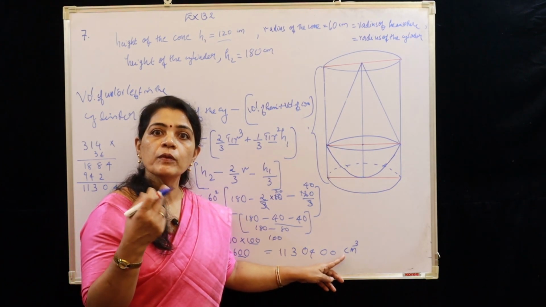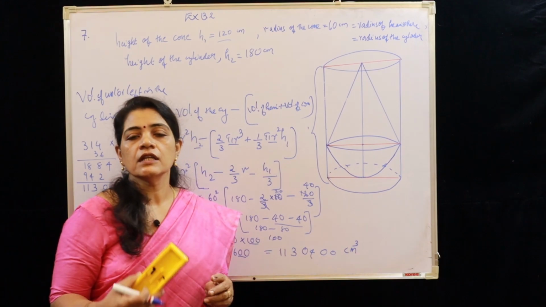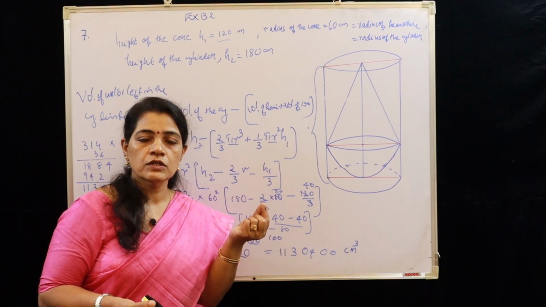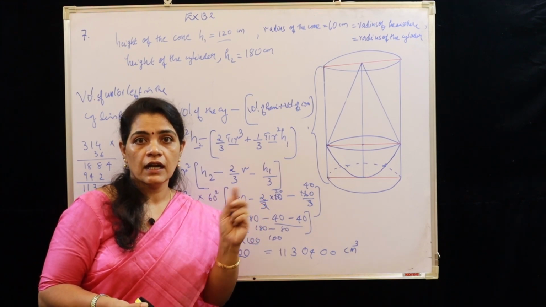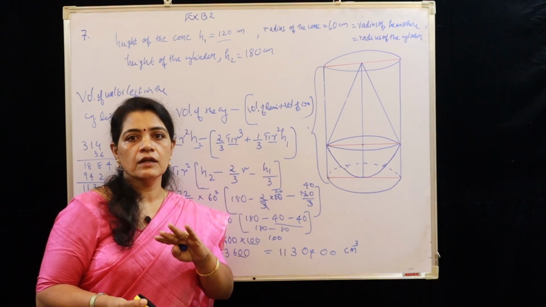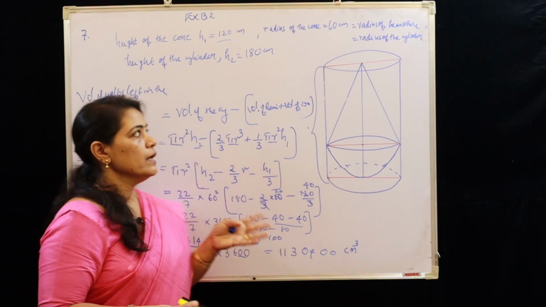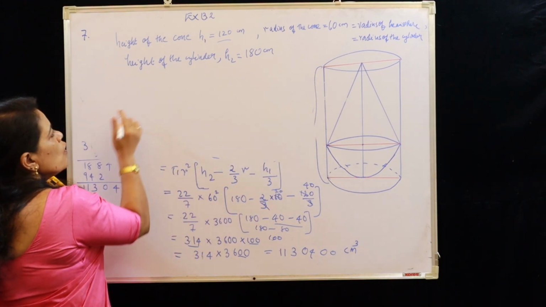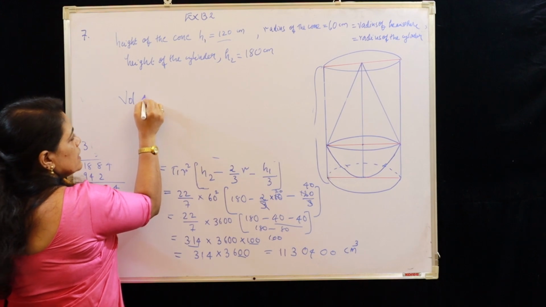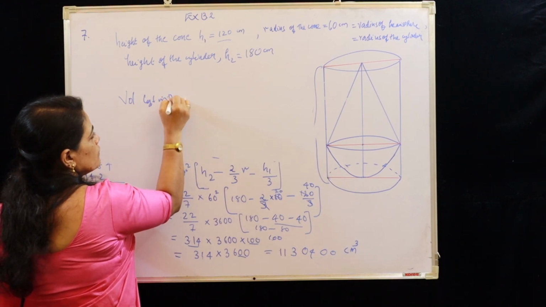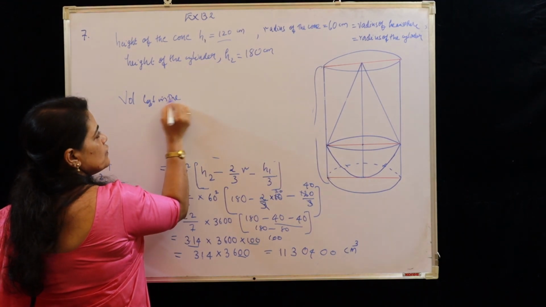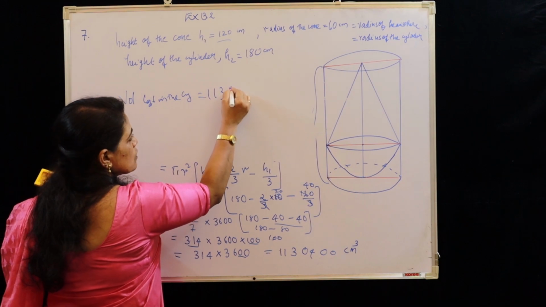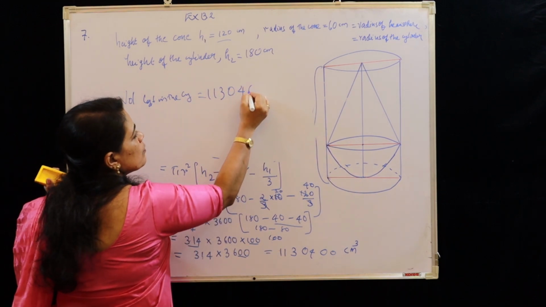Okay, centimeter cube into meter cube. That means centimeter into meter, that is smaller unit into bigger unit. I already told in the previous problem, we have to divide for conversion of smaller unit into bigger unit, and into smaller unit, multiply. Okay, so since 1 meter equal to 100 centimeter, the volume of water left in the cylinder in meter cube, that we are going to find out, is 11304 and 00.